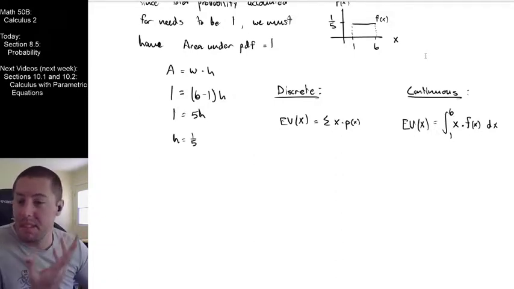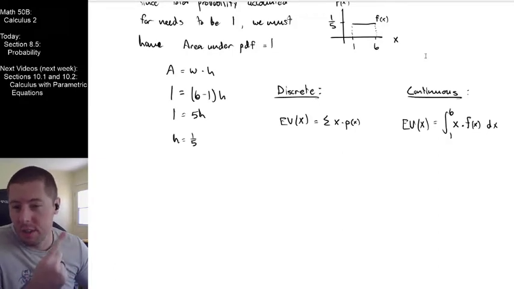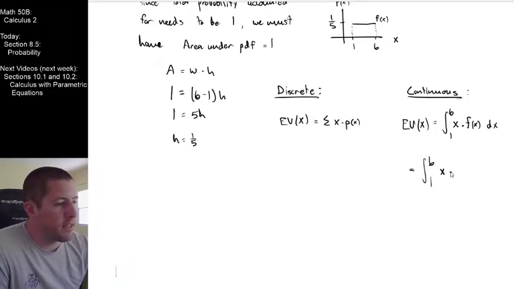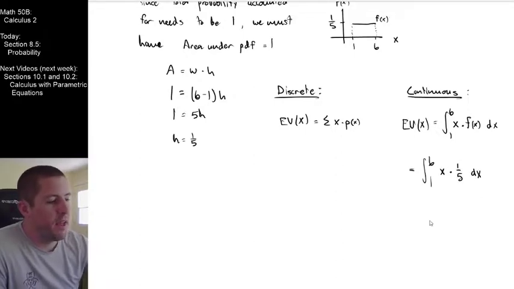Stats people have a little bit of a special notation that's actually really cool, that I feel like I should be thrown into some other classes here. So it looks like we're going to be doing the integral from 1 to 6 of x times f of x, and the f of x function is just 1/5, right? It's y equals 1/5. So this is really easy for me to do here. It looks like I'm going to get 1/5 times the integral from 1 to 6 of x dx.